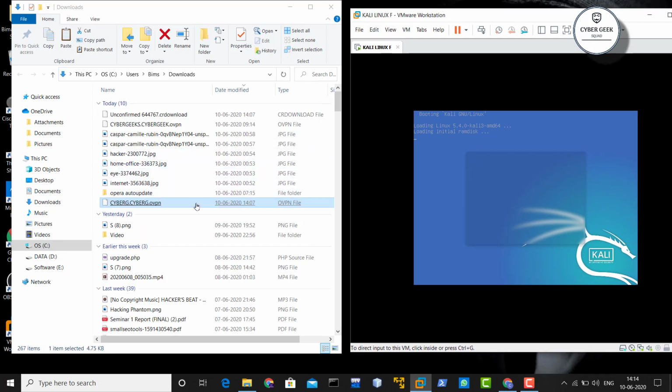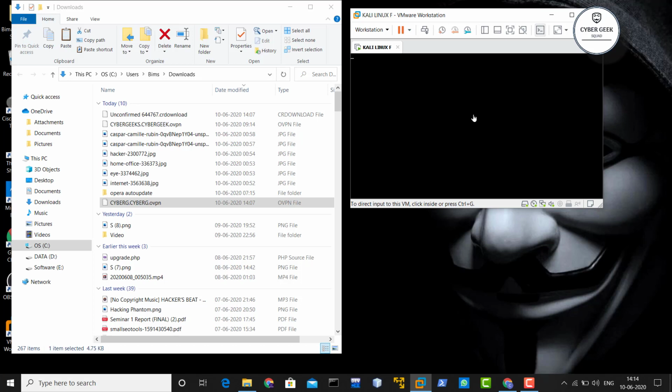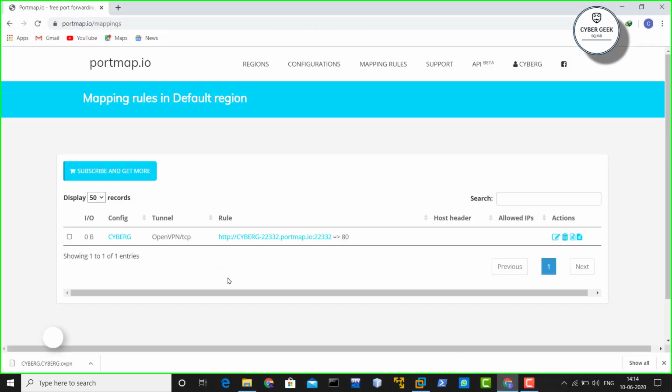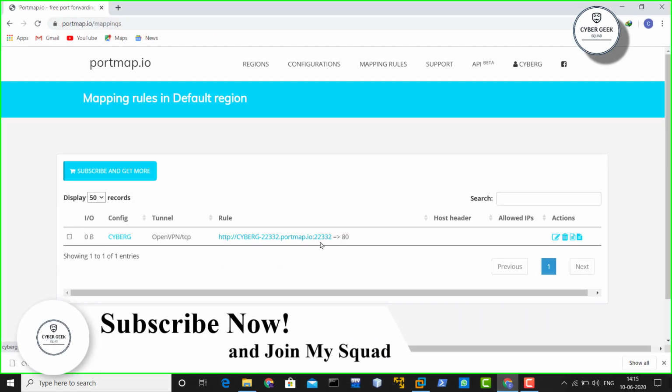Basically, when we run the Apache server, like service apache2 start, it runs the server on your IP address, right? If you have done this process of hacking Windows and accessing your Apache server through your Kali Linux on your mobile phone, then you can see that it opens on your IP address, right? So we are going to run the exact same Apache server, but this time it is not going to run on our IP address, because we are doing port forwarding, right? So with that link, let me just show you guys. You can see the link over here, right? This is the link where our server will get started.